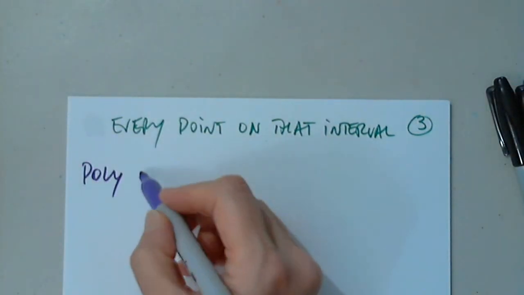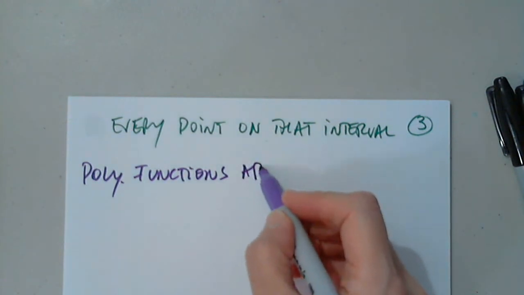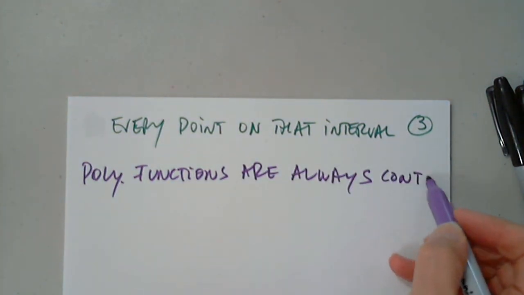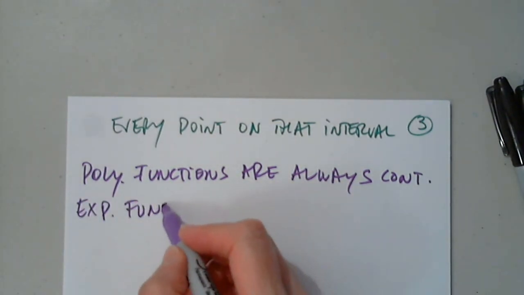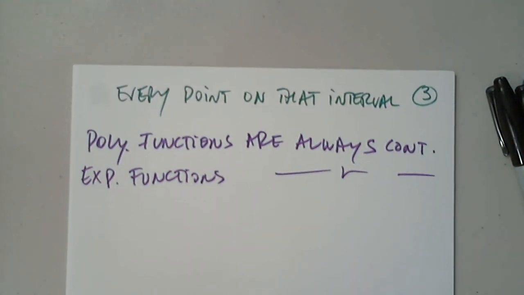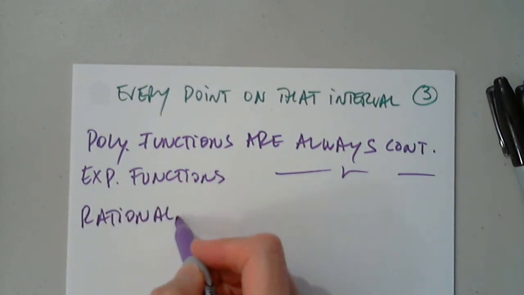Polynomial functions are always continuous. Exponential functions are always continuous. Rational, trig,